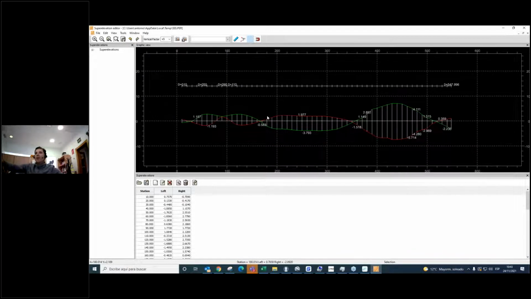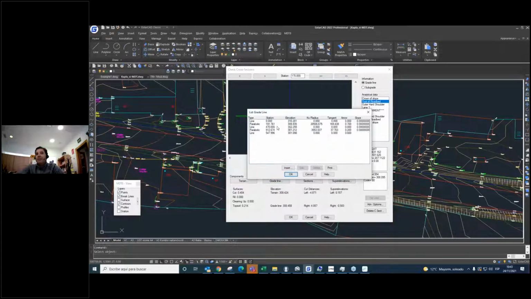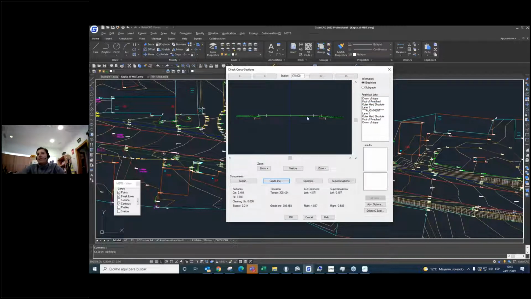how balance our road, our new road. It's a copy of the old road, the super elevation. Or maybe the grade line, we can check it. I make here one KV, around 20,500. Okay, and how to define all the road in this case.